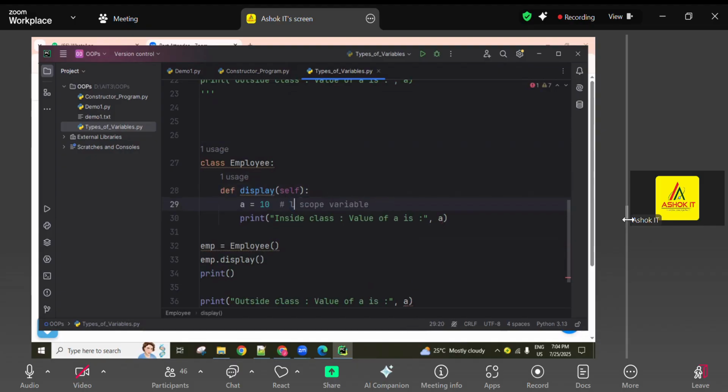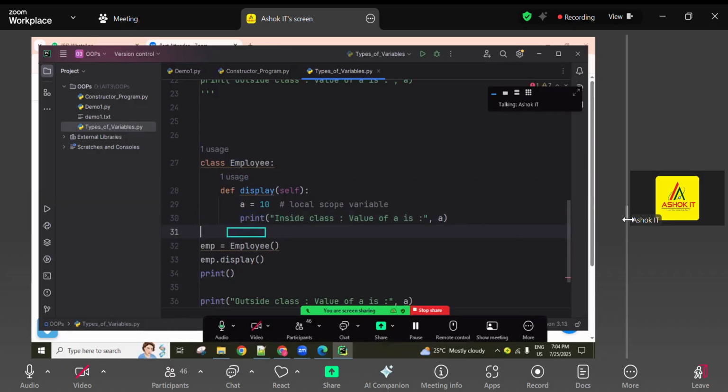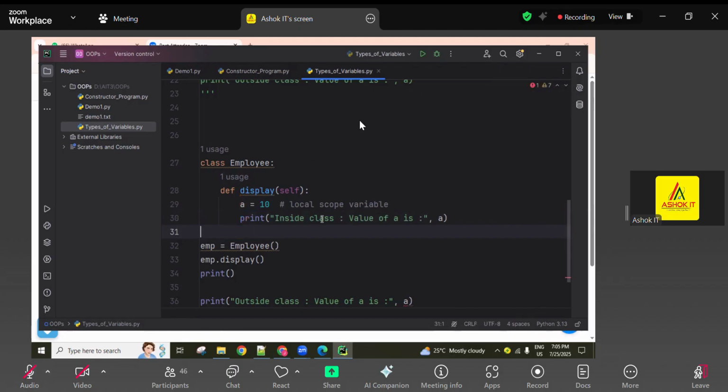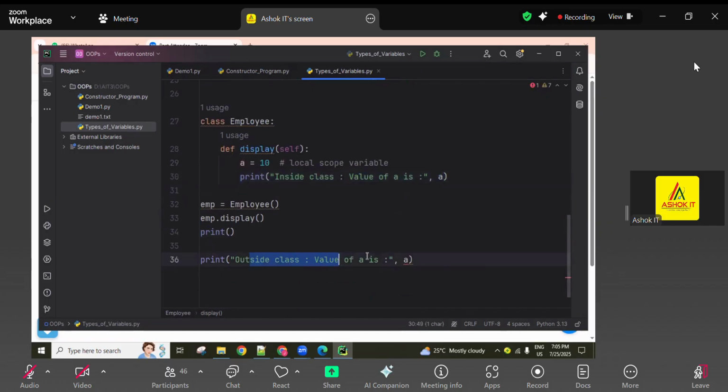So this is considered a local scope. If any variable is created inside a method, that is called a local variable. The scope of a local variable is within the method only. Inside this class, if any other method is there, inside that method also we are unable to use it. So only in the current method can we use it. Now when printing like this, it checks whether the variable is inside this method; yes, available, so it prints. Then when coming outside,